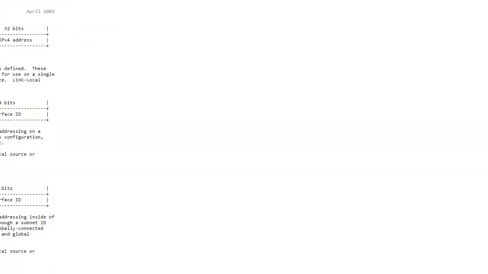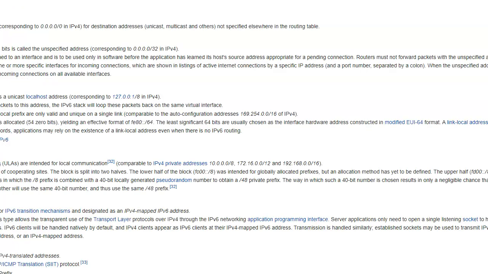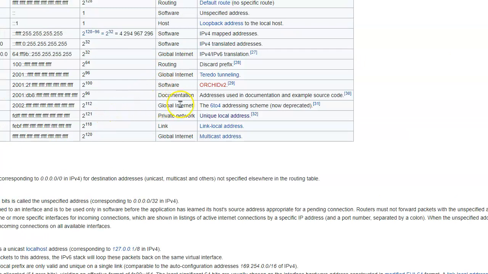But the documentation address is just 2001:DB8, and it actually shows it right here. Notice it's a /32, so the first set is 16 bits, the second set is 16 bits.